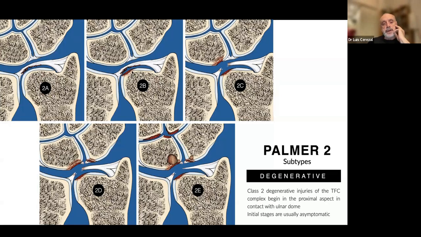Stage 2B, with more thinning and chondromalacia on the ulnar head. Stage 2C with perforation of the central TFC, Palmer class 2D with associated lunotriquetral tear and instability, and finally diffuse